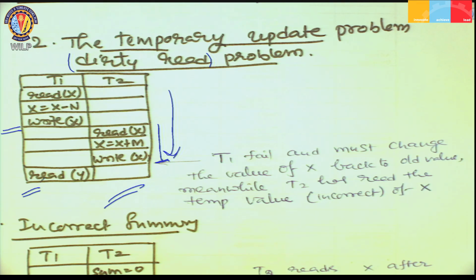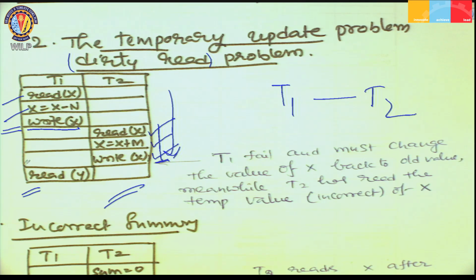And here, if the result of executing this concurrent schedule is the same as T1 first and then T2 next, then I don't have any problem. But unfortunately here what is happening, let us assume that there is a data item X and first T1 is reading that data item, it is modifying that data item and then it is writing the value of X to the database. Immediately T2 is reading that data item